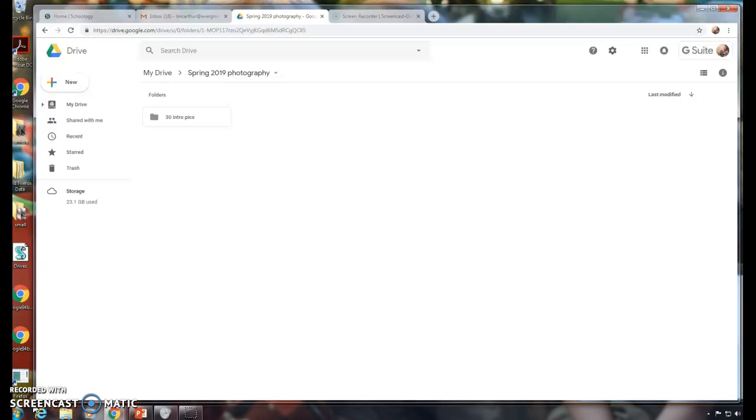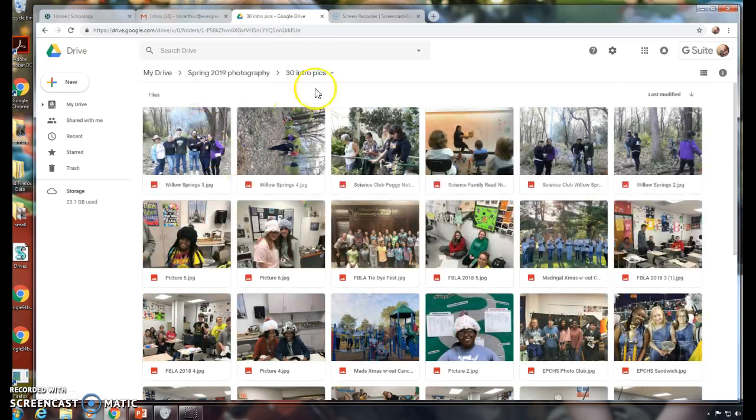Hello students! Today I'm going to walk you through how to take your pictures from your Google Drive and get them into the appropriate folders on the computer. So the way we're going to start is we're going to go to our folder, so our 30 intro pics. We're going to open them up,